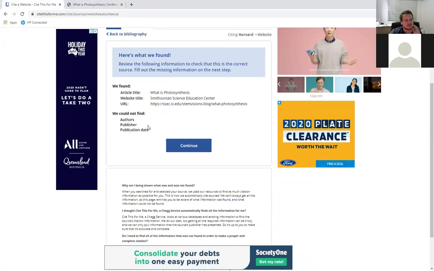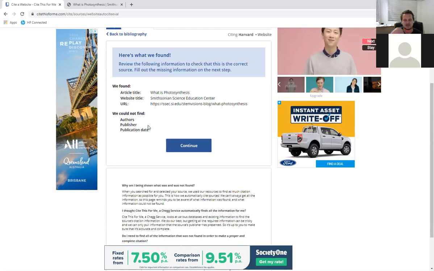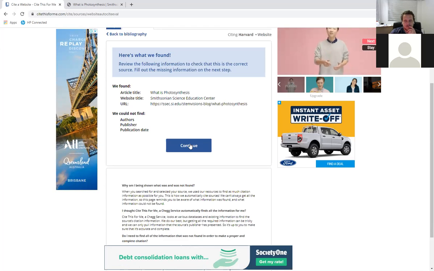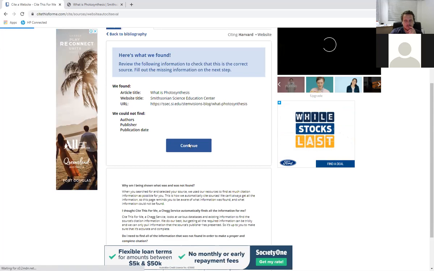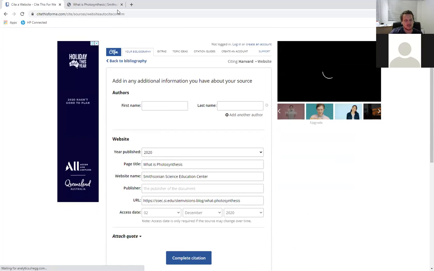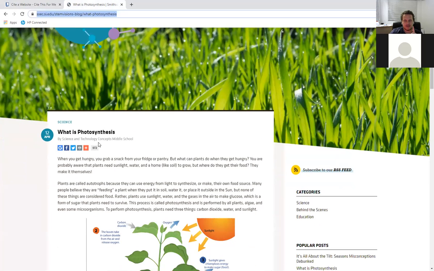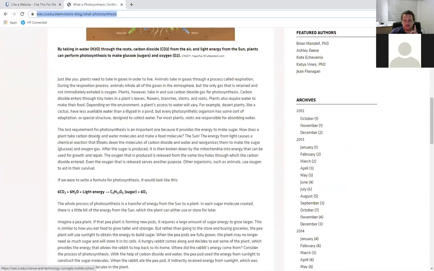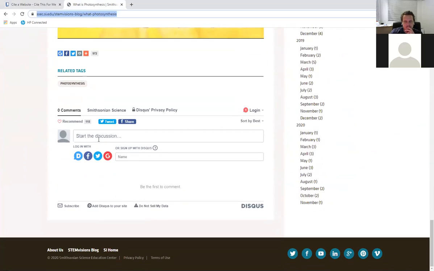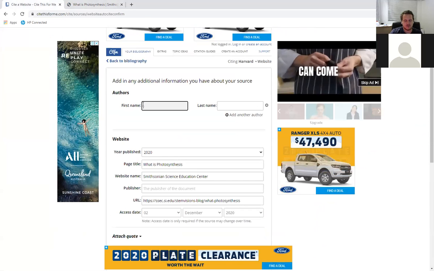But it hasn't, and this is the problem when people use this and they don't check it. So you still need to go in and manually find the author, if you can, okay?